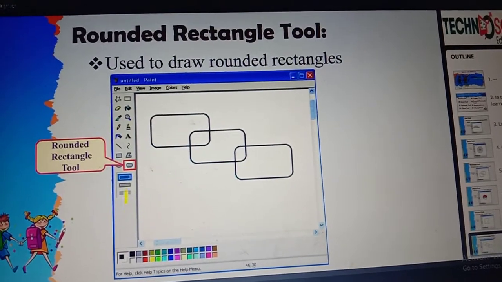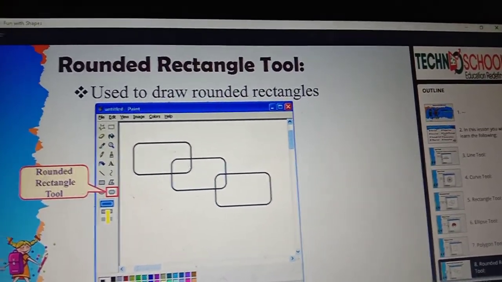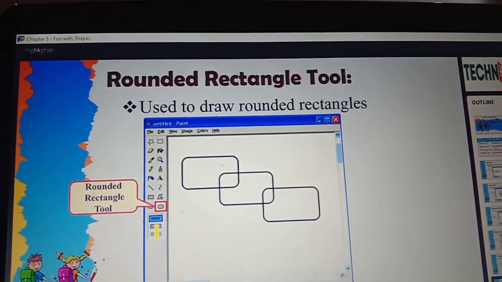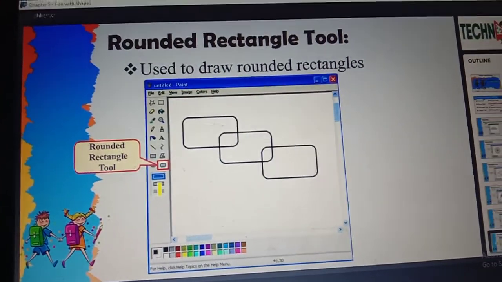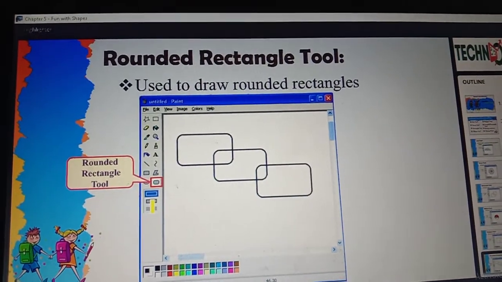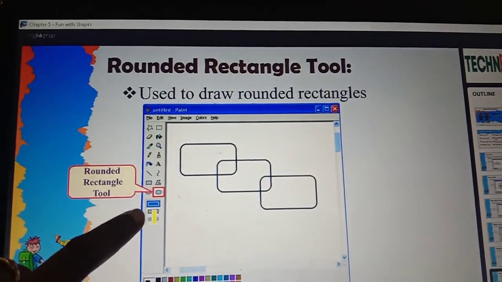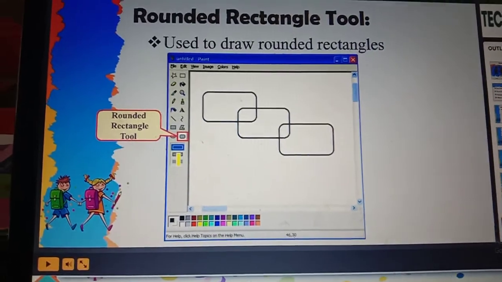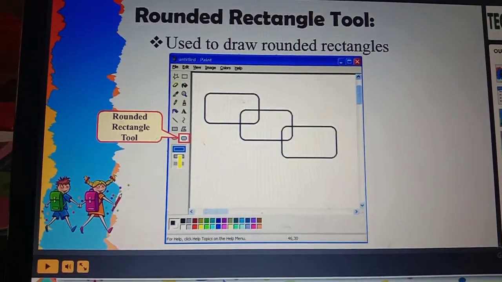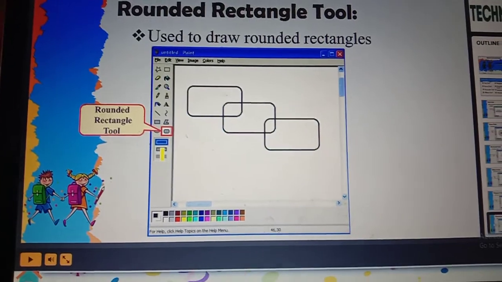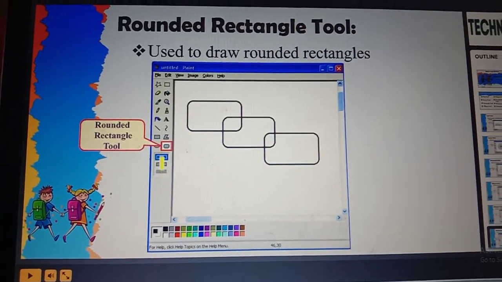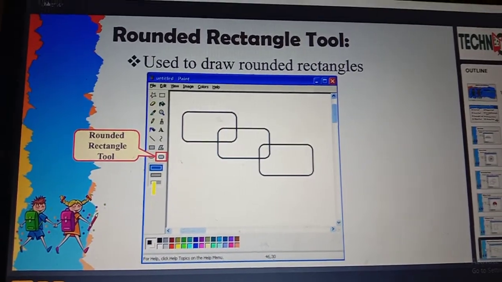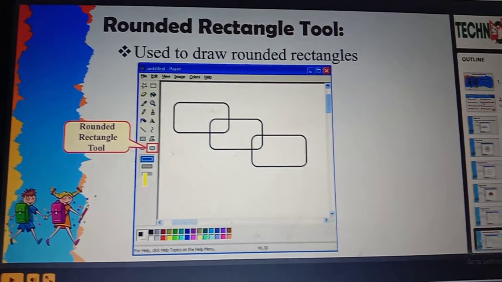Here we have three options. Either it can be filled with a background color, or you can draw the shape without any color filled inside, or you can draw the shape with a foreground color filled inside. So that's why these rectangular shape options are indicated here. The first one is draw shapes without any color filled in it. Next is draw shapes with a background color filled inside. And the last one is draw shapes with a foreground color filled inside.